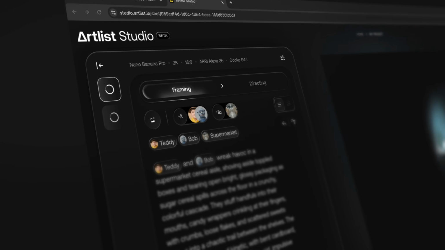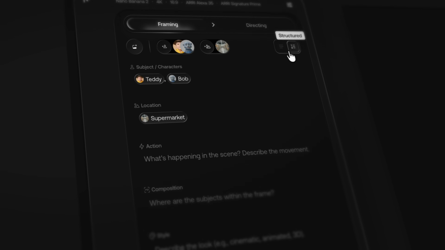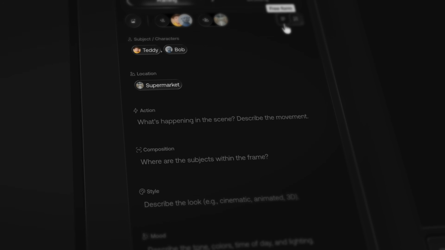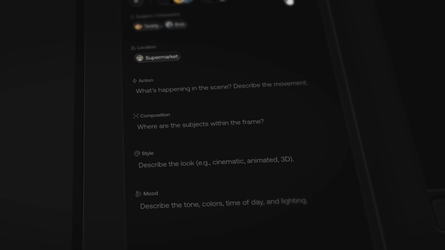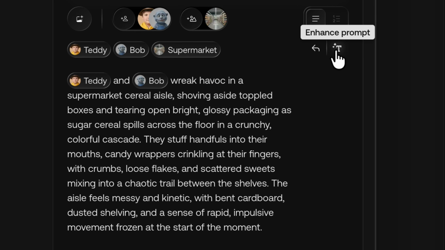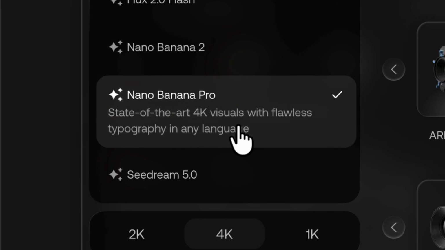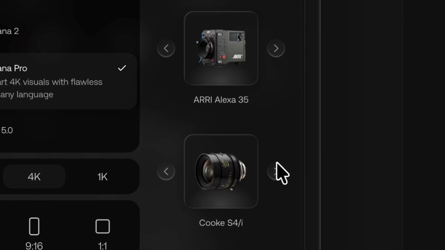Anyway, to bring myself back from that little tangent, I do just have a simple text image prompt here, and Artlist has a new structured prompt box where you can fill in things like subjects and actions and compositions separately. But honestly, I just find it way easier to write in freeform or to copy and paste an optimized prompt from like ChatGPT in the freeform area. For this image, I'm going to use Nano Banana Pro with an Arri Alexa and Cooke for our image, and